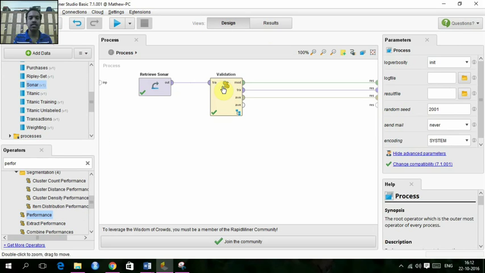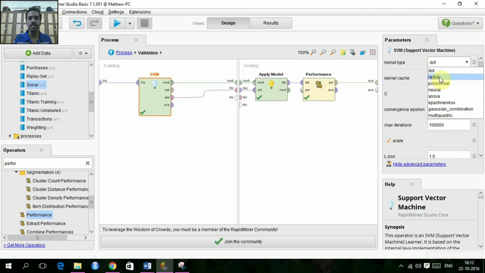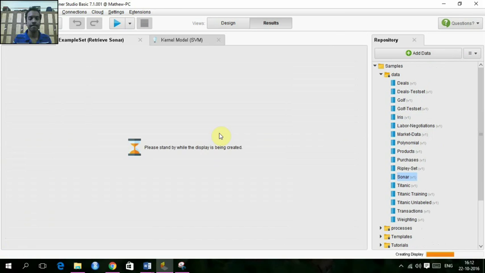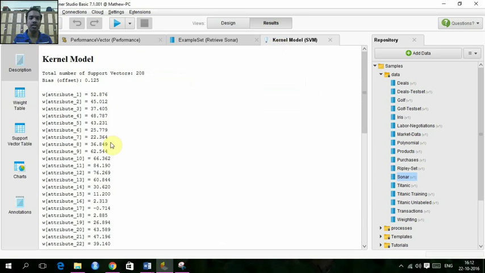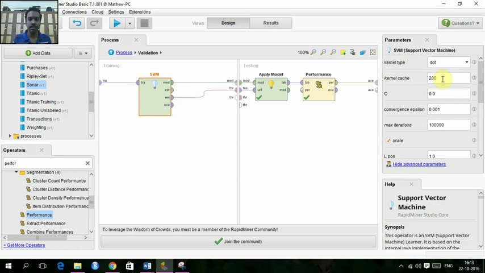Let's now check the radial classification. Now the linear classification has been checked, so let's check the radial classification. In this radial classification, the accuracy has changed to 53.38%. That's not a good one. It is more accurate in linear classification than in radial classification. The kernel model has also changed, and the weights have changed from 0 point to 52 point. It's better we take the dot, the linear classification,